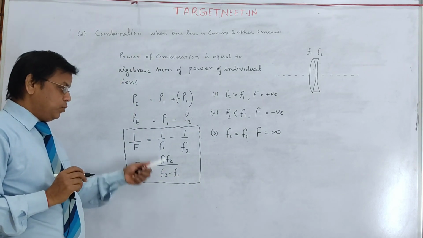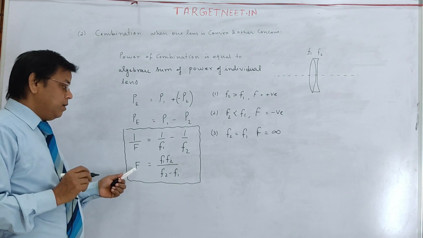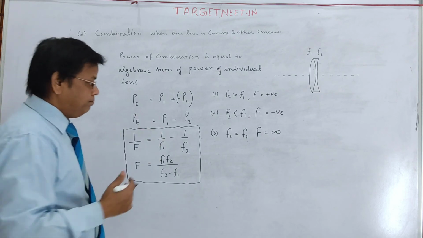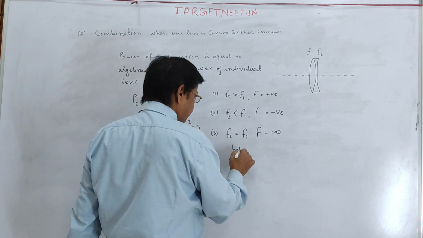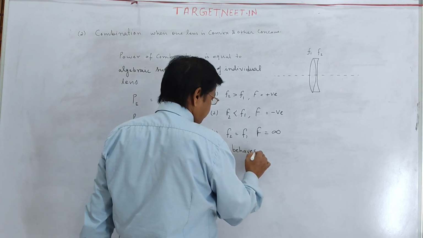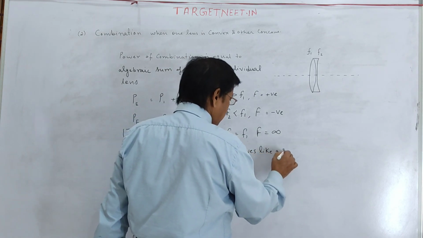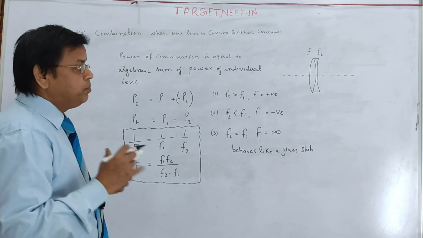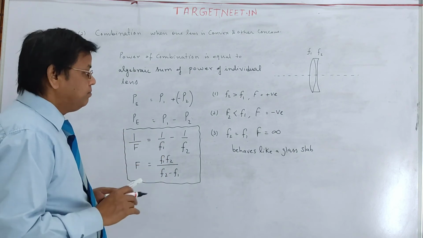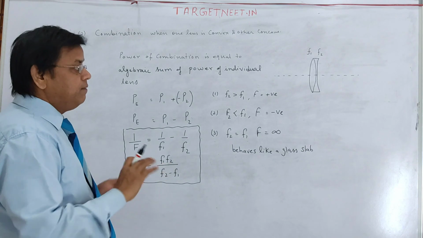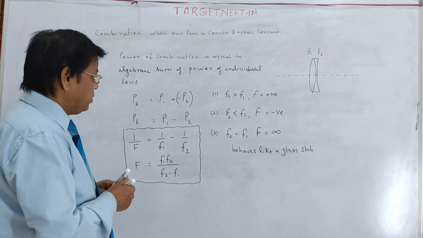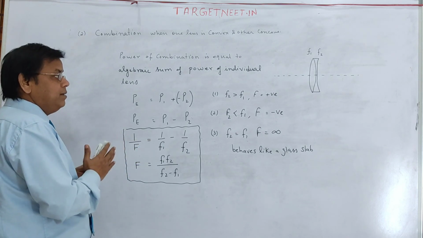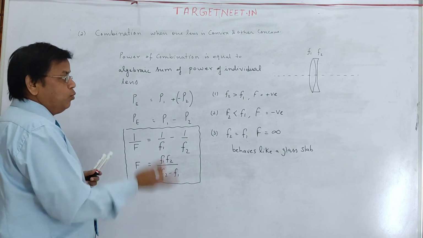f2 minus f1 will be 0. Anything divided by 0 is infinite. Focal length becomes infinite, means it behaves like a plain glass slab. It doesn't have power to bend light, so light will not be bent, means incident and final emergent ray will be parallel to each other. So that is the combination of lenses. When two lenses in contact, either they are both convex or one concave one convex,